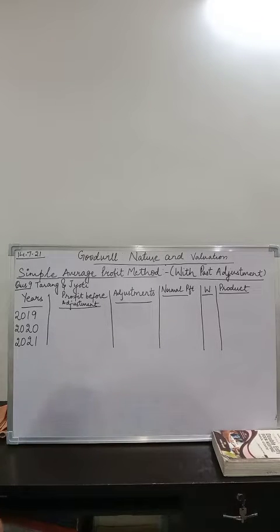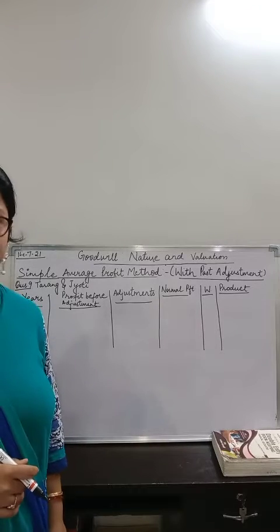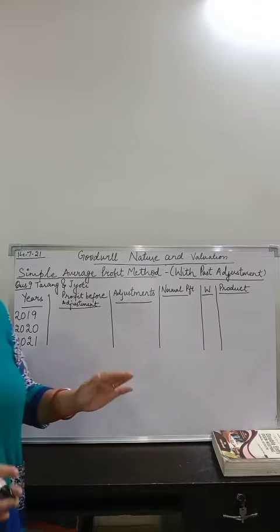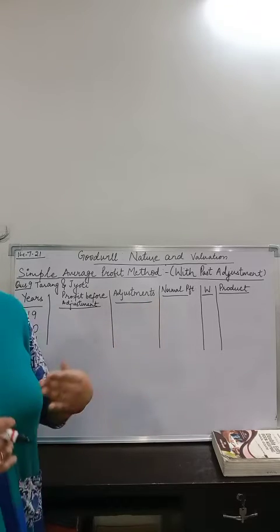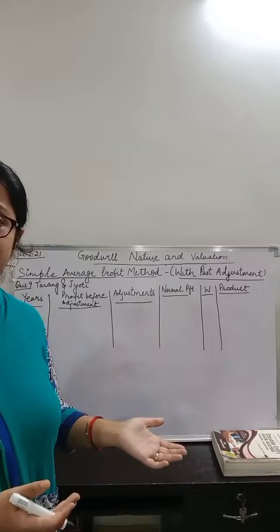Tarang purchased Jyoti's business from 1st April 2021. That means she has provided him the profits for the past 3 years, for 2019, for 2020 and for 2021. But for all 3 years, there were some adjustments which were missed out. We will find out what is the effect of these adjustments.